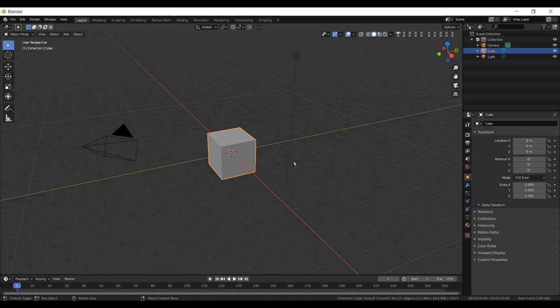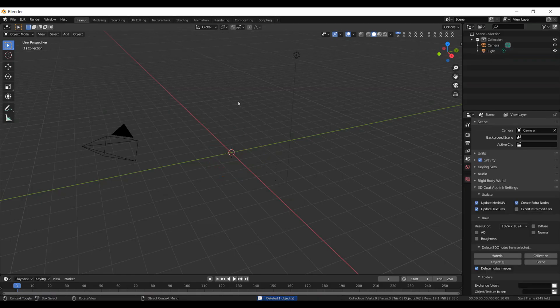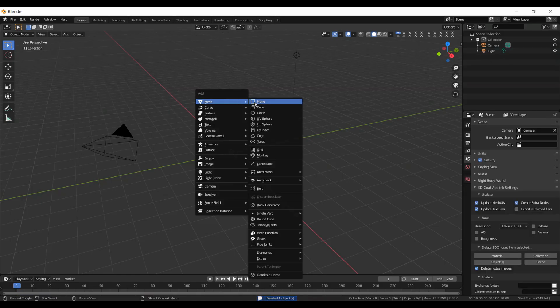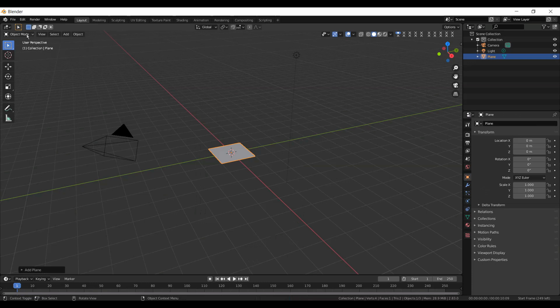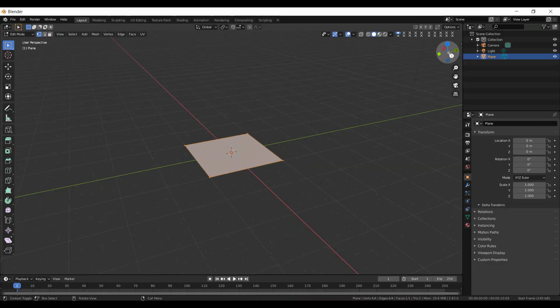Okay guys, first let's model a single grass strand. So first press X, then delete the cube, then press Shift A, go to mesh, then add a plane, then switch to edit mode. Now zoom in closer to see all the vertices,